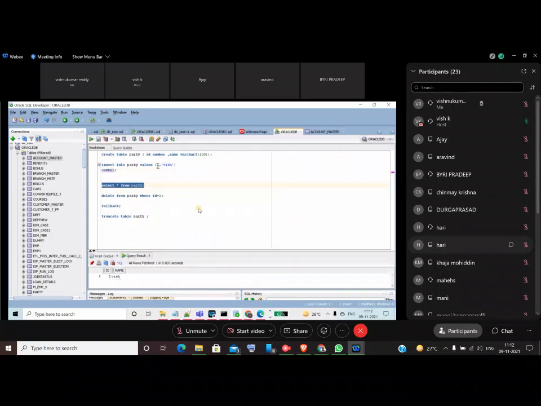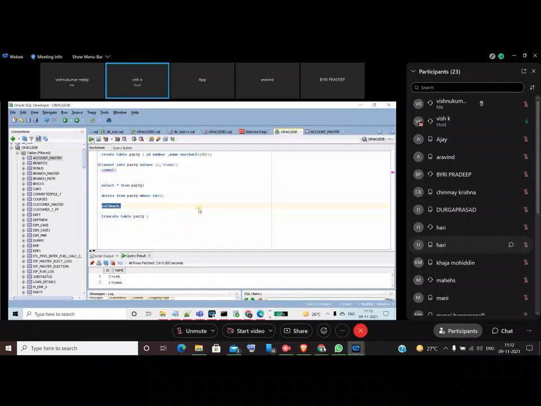Suppose you use another window. I inserted the data, so now if you see select star from table, 2 records will come. But if you use rollback, what will happen? Because this is the latest transaction, I don't want to insert this record, so you can use rollback.